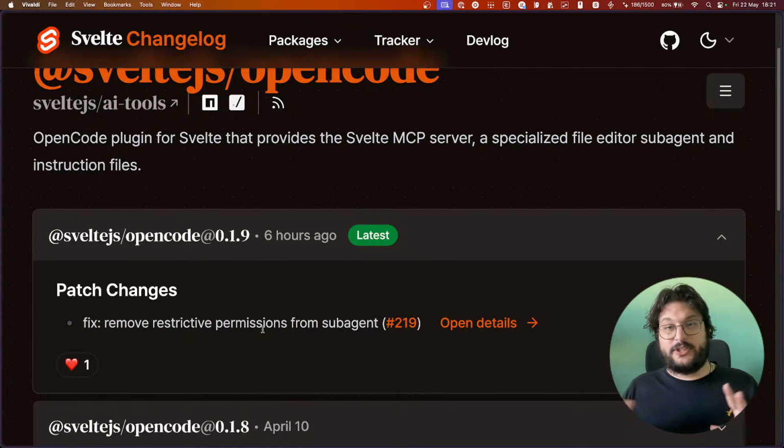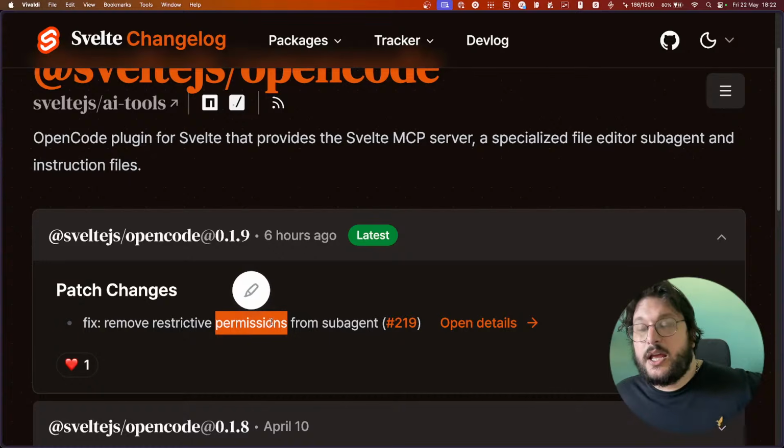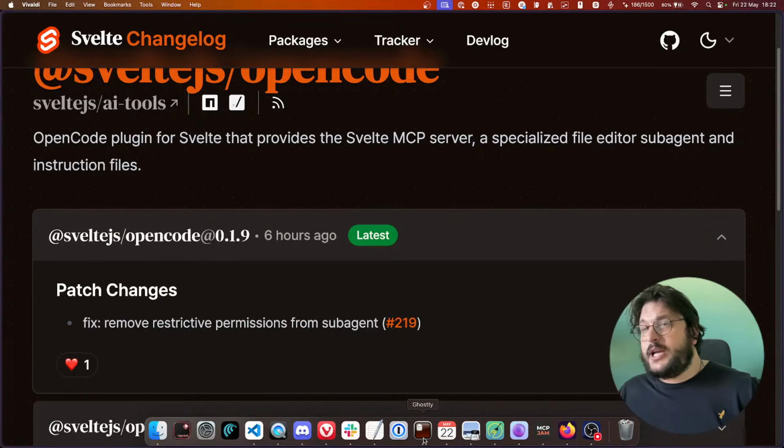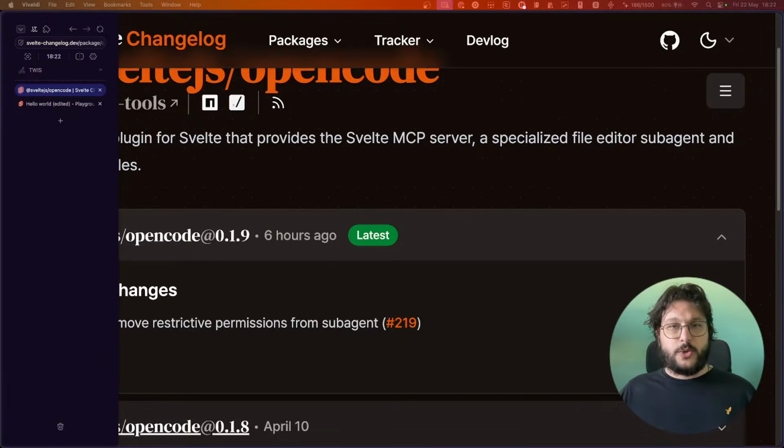But that's the only override that we add. So by default, it will inherit your configuration, so that if you want it to be restrictive, it will be restrictive. If you want it to be available, it will be available. By the way, I'm not sure how long OpenCode caches the packages. If you want to make sure to update your OpenCode config, what you can do is,